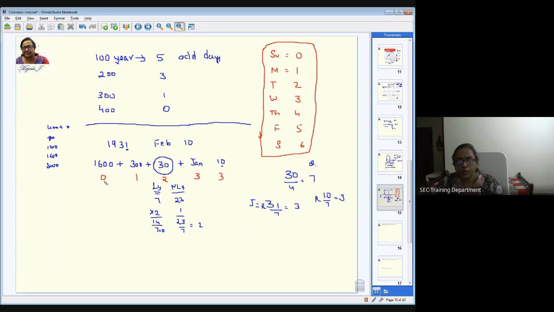Okay. So now you add all these odd days. 1 plus 2 is 3. 3 plus 3 is 6, 9. So totally the number of odd days what you have is 9. When you add all this, completely you need to add, like I mentioned here. And then divide by 7 again, because it cannot be more than 7 or equal to 7 also. So what is the remainder here? 2. So if the remainder is 2, then this is the day. Remainder is 2 means it should be Tuesday. So the day here is Tuesday. You can recheck in your cell phone or somewhere whether it is Tuesday.